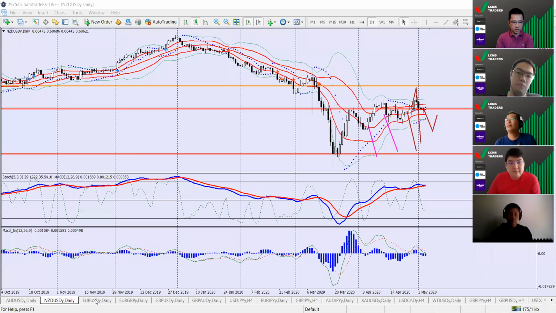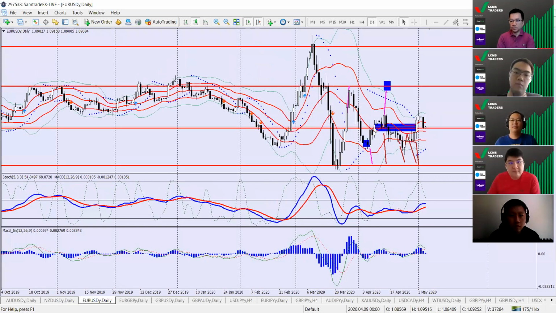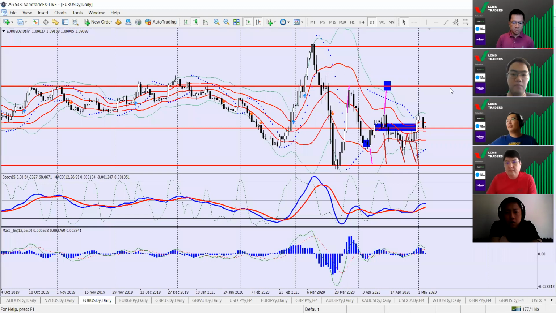Okay, that's not Euro, that's New Zealand. This is Euro. All right, so with Euro, what I do is I will look at it on the daily time frame to start. As John was saying, we do have some people here who are watching. They are not traders, they are investors, or they look for the super hands-off trades, so they look for much longer term trades. So what you do for that is you look at the daily time frame.